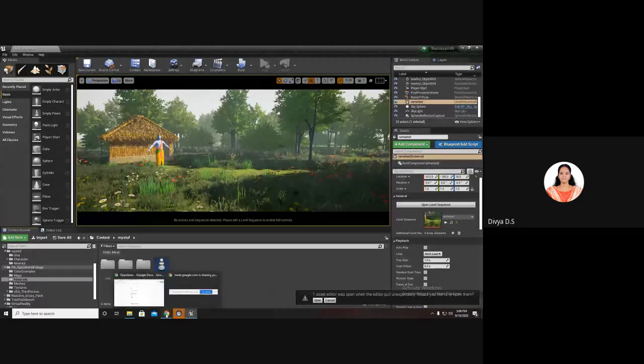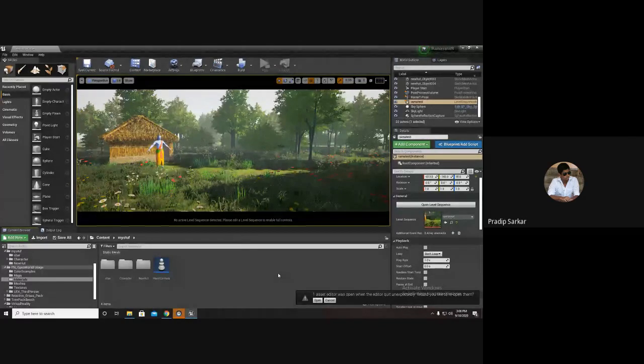Sir, what are the hardware requirements for viewing this VR? What are the hardware devices supported by this tool? For VR, there are a few VR devices: Oculus Quest, Oculus Rift, and HTC Vive.